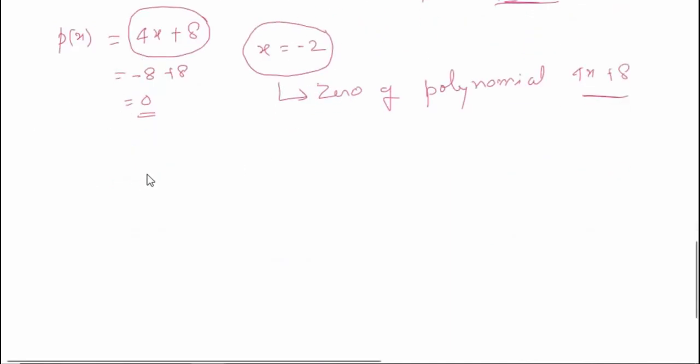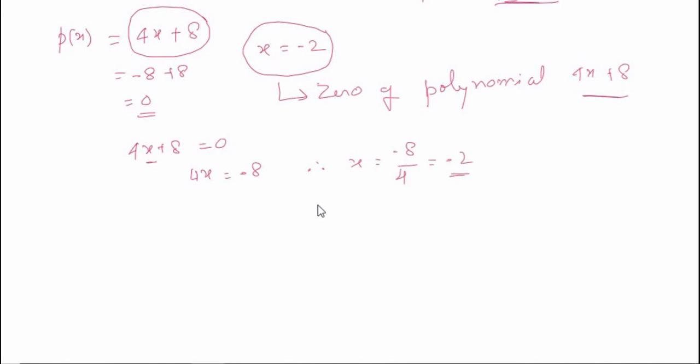Let us take this example again. 4x plus 8 is a polynomial. To find the zero of this polynomial, equate this one to 0 and solve for x. So it is 4x equal to minus 8. Therefore, x equal to minus 8 divided by 4 equal to minus 2. This is how you find the zero of the polynomial. Let us take the standard form of linear polynomials, that is p of x equal to ax plus b. So now let us equate this one to 0. Therefore, ax equal to minus b,